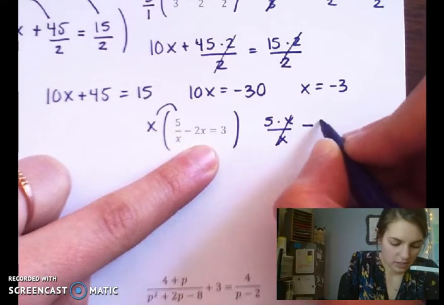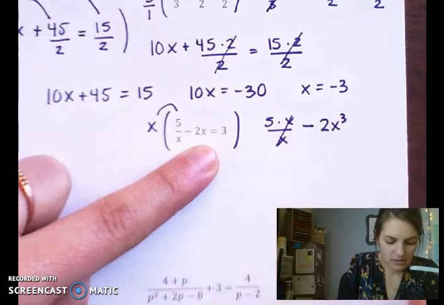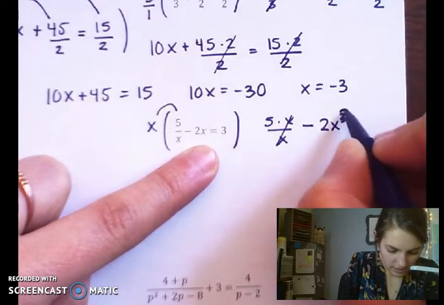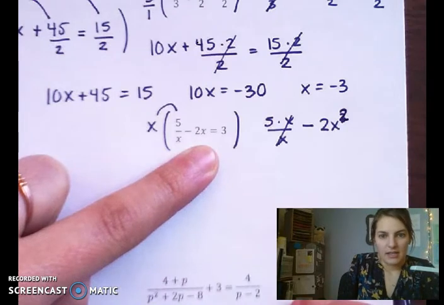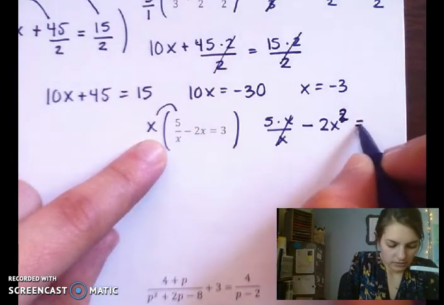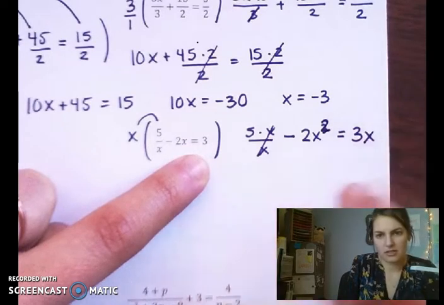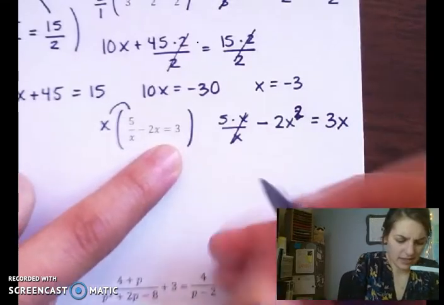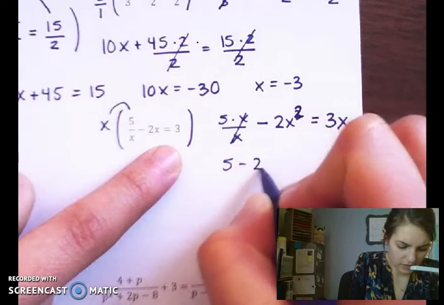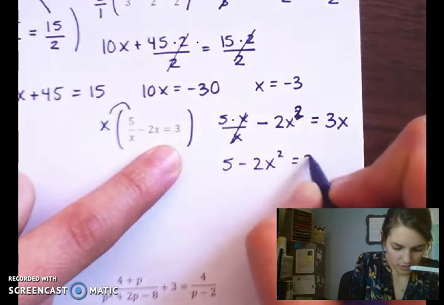So minus 2x squared, and equals x times 3. So 3x. This is a little messy, but basically it's just 5 minus 2x squared equals 3x,